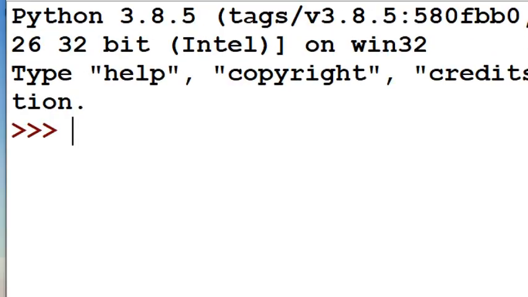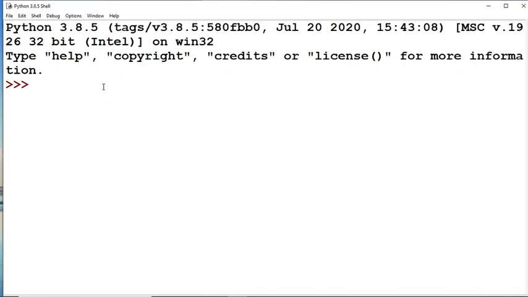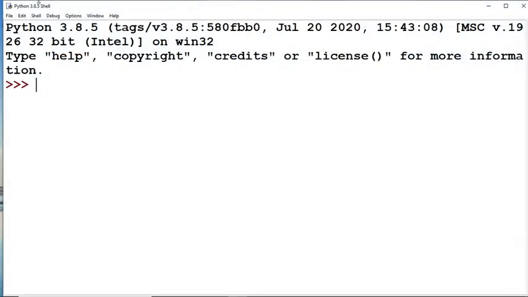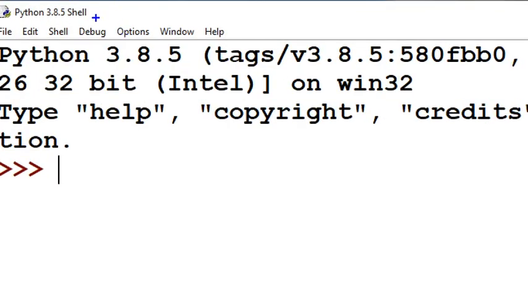Here we are observing this symbol that we call the Python prompt. Whenever we want to write a program, from here only we have to start typing the program. This is the Python interpreter, and you observe here, this is also called the Python shell.